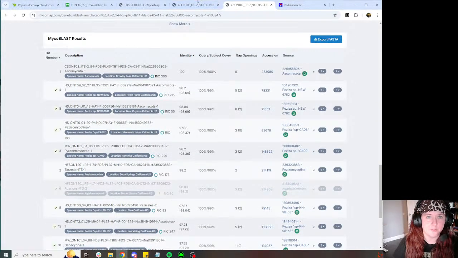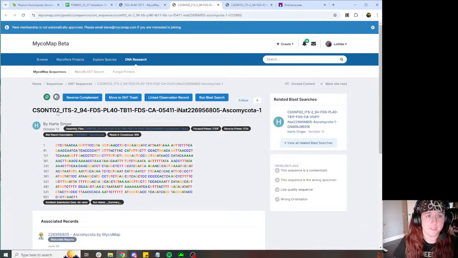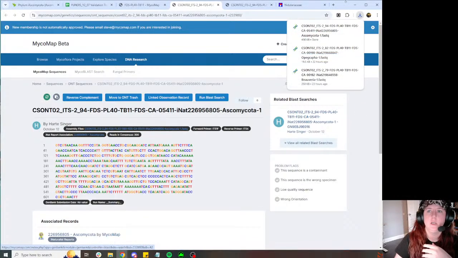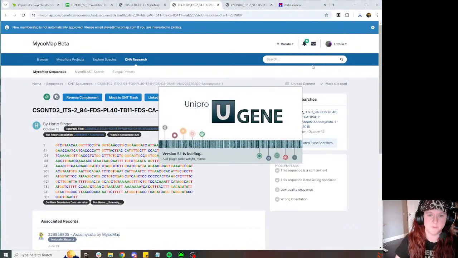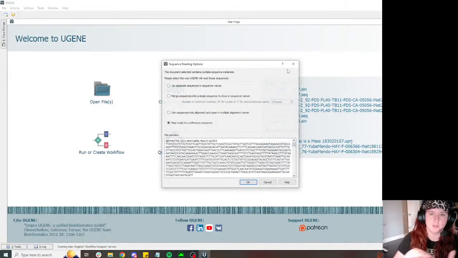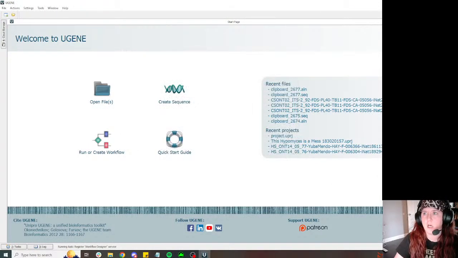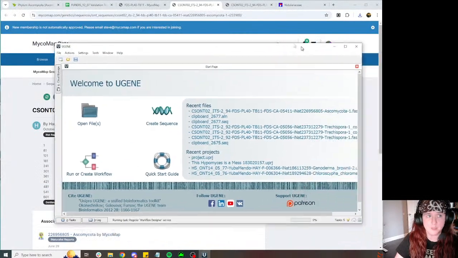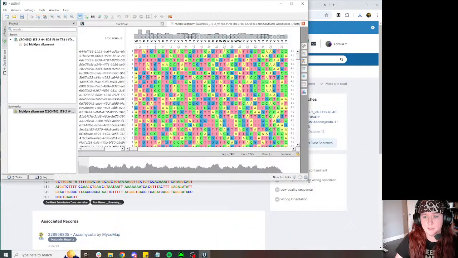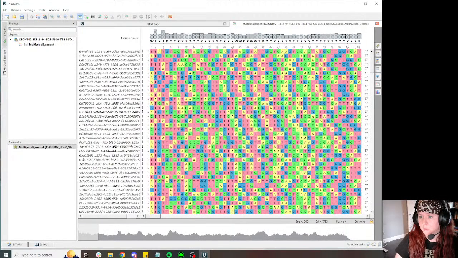So basically what I do is, here's my mushroom. Here's the sequence that I pulled back from it. Nanopore works in multiple reads. When you do Sanger sequencing, which is a much older version of sequencing, Sanger spits out what's called a chromatogram. So it's basically colored peaks and valleys that show you where your nucleotides are. Whereas this is